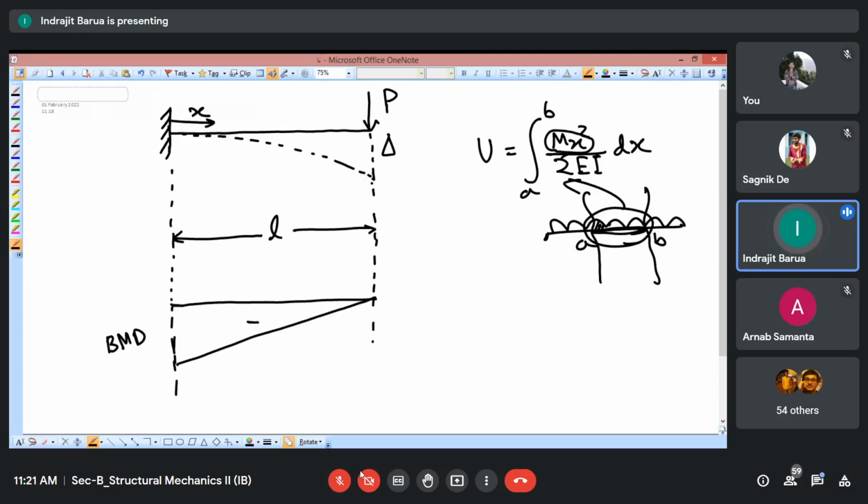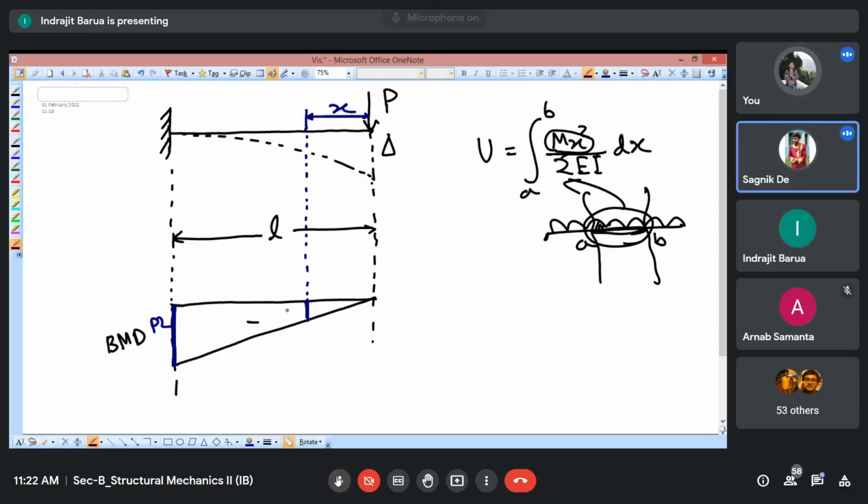So here we will be keeping it simple, and we want to take it from the point of load. Let's see how it is benefiting us. From this point, I am taking a section which is x. If this is my x point, I can calculate the expression over here. So first tell me, what is this bending moment? This one is how much? PL. And how much will be this one?